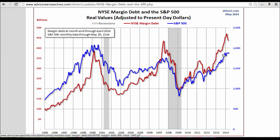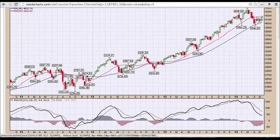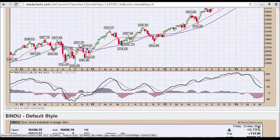Now the markets are at highs, and I'm concerned that we could be seeing a double top here in the next couple of weeks. This is a weekly chart of the composite. Note that MACD is turning somewhat, and we see MACD histogram. Moving to